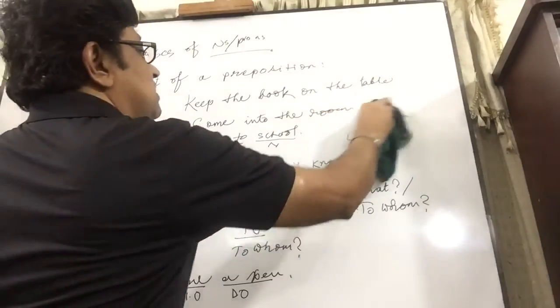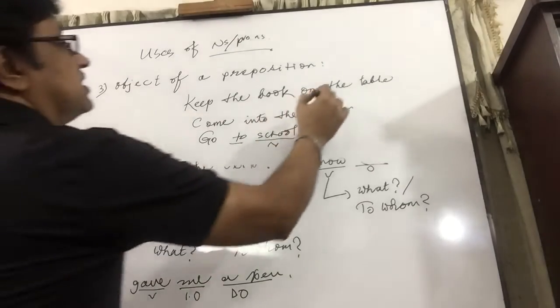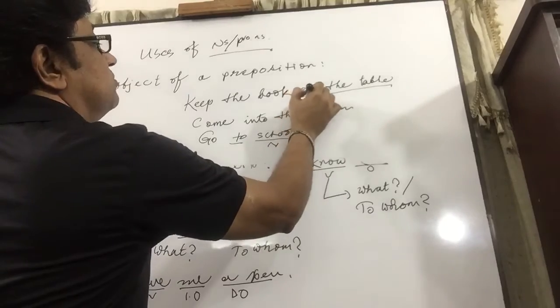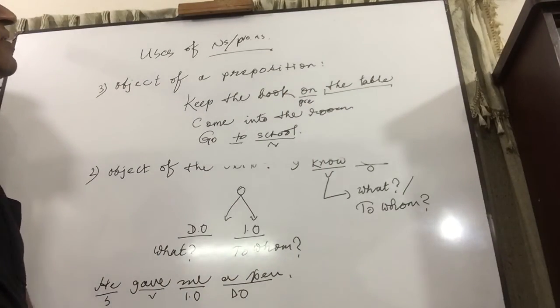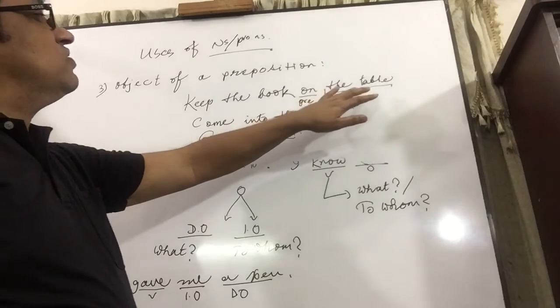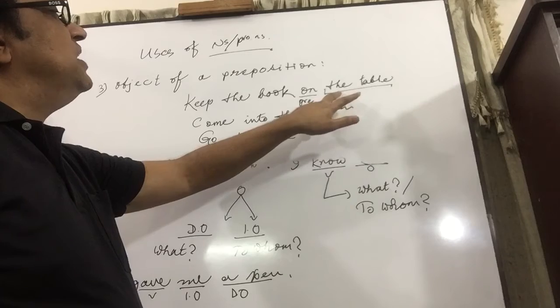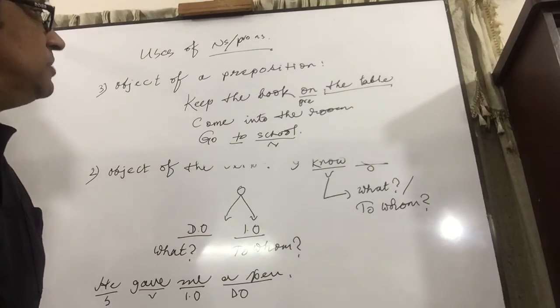In this chapter, no need of taking this kind of examples. The table. On is a preposition because after the preposition, the simple noun phrase the table is given. The table is called a noun phrase because with a noun there is a determiner, the, or article. Article is a kind of determiner.